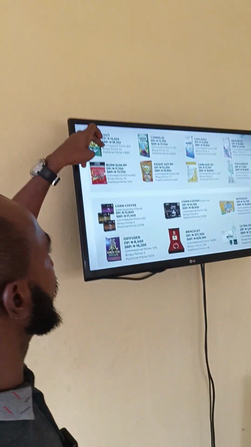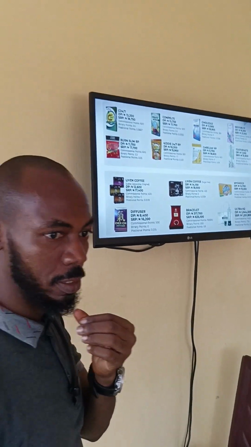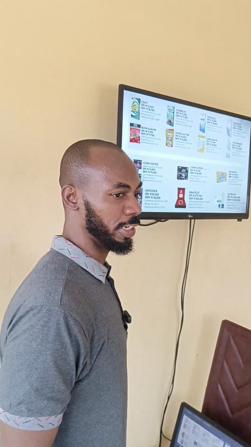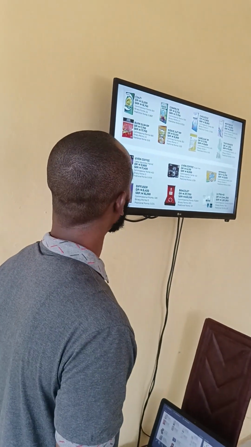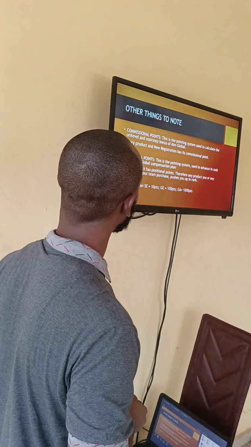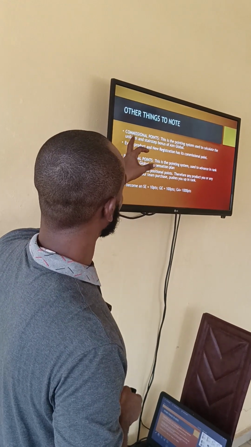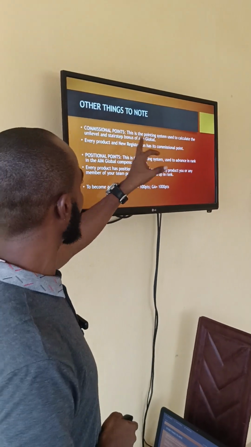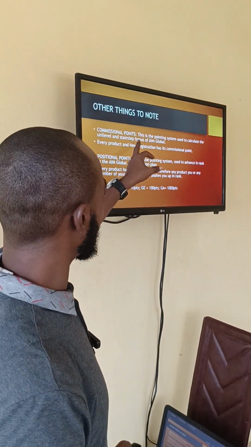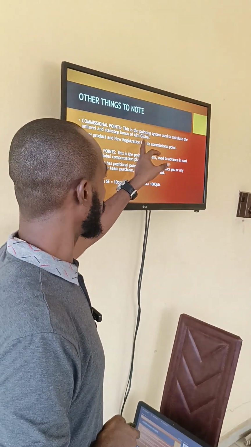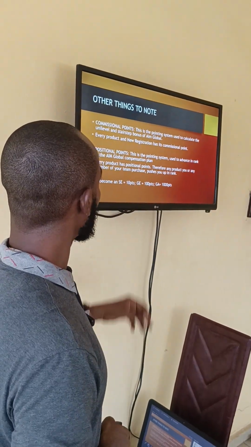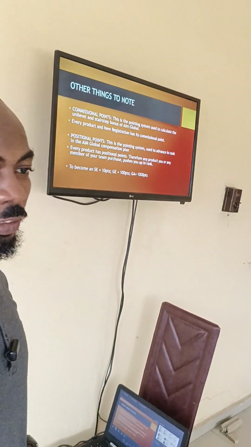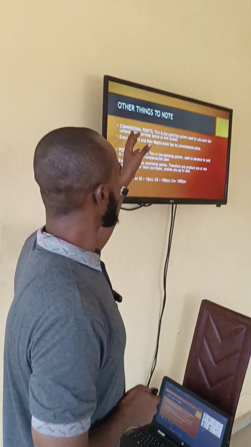What's the next thing you are seeing? Commissioner points. So for C247, commissioner points is 600 naira. Okay? So what is this commissioner point? Let's look at this. It says commissioner points. This is the pointing system used to calculate the unit level and step bonus of AIM Global. Every product and new registration has its commissioner point. So what it simply means is that